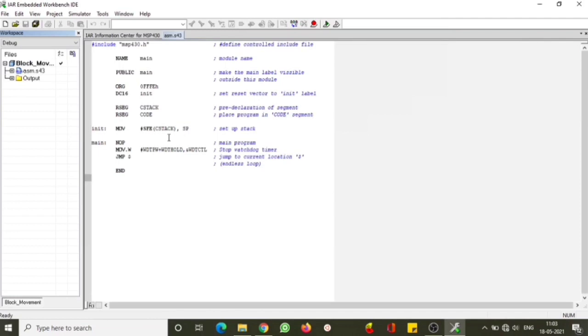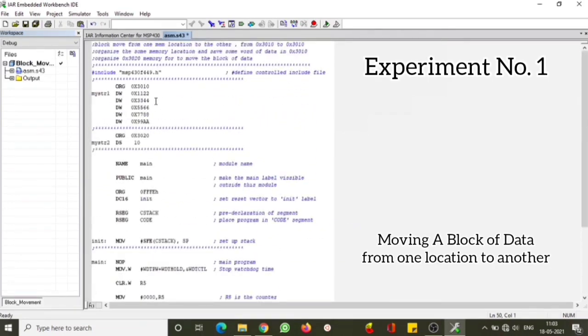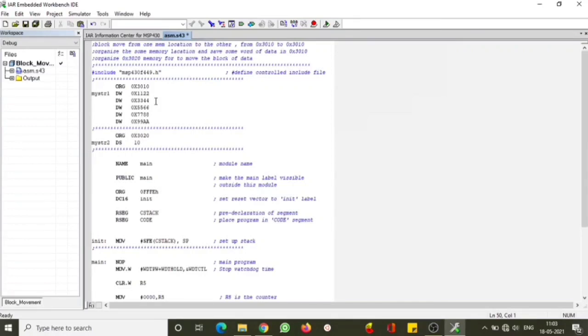Okay, so after that we are supposed to type the program. This is the program that I have typed with all the instructions. This program will be given to you all, but I'll explain the program to you all. First thing is that we have started with the memory location 3010. Let me not go to that big a location. I'll specify it as 0010 itself, so that we can see that in the memory block easily.